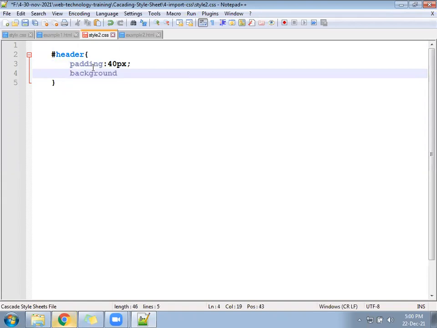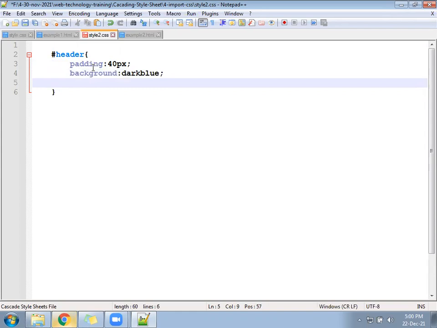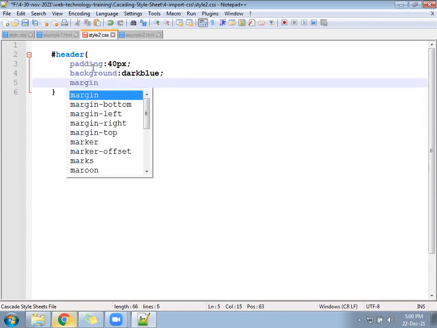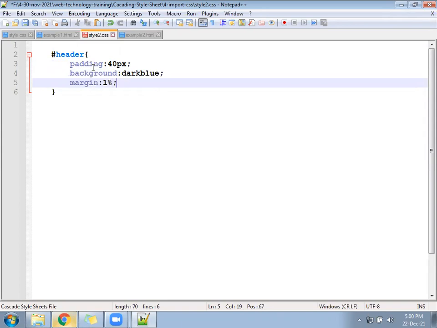Background dark blue, and margin 1%. Padding, background, and after that margin.